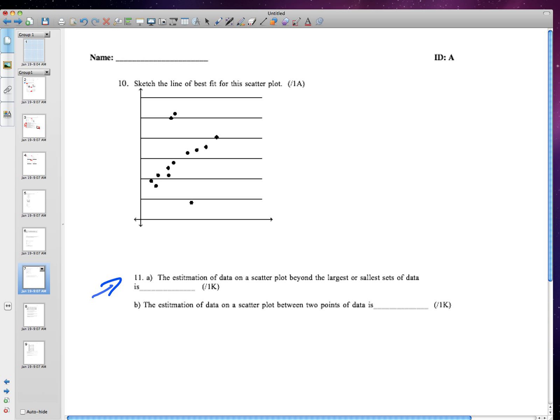Okay, question 11. The estimation of data on a scatter plot beyond the largest or smallest, I know it says SALEST, that's supposed to be SMALLEST, sets of data. Anyone know what that's called? Extrapolate data. To extrapolate data. Okay, that is to, if they've given you a set of data, we'll use the exact graph above,